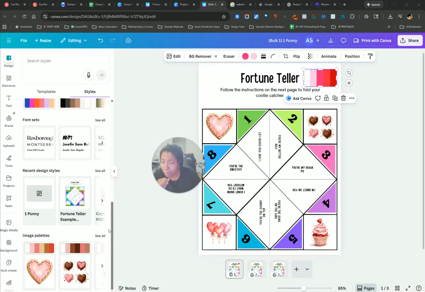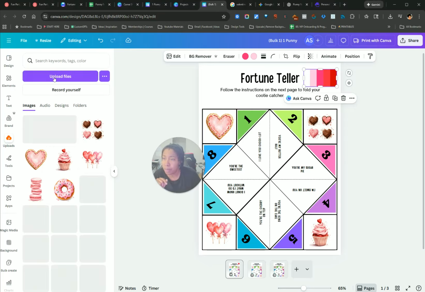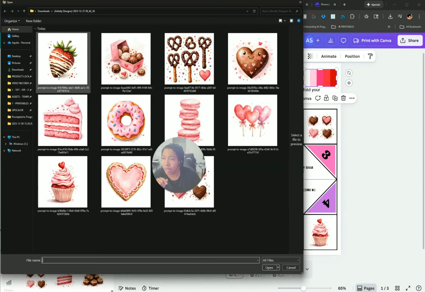I don't think it did that, but it did do the actual design image palette for the images that are right here. I see it didn't quite do that. I probably should have loaded it as an upload as the actual image itself. Let's try that really quickly. Upload, upload files,